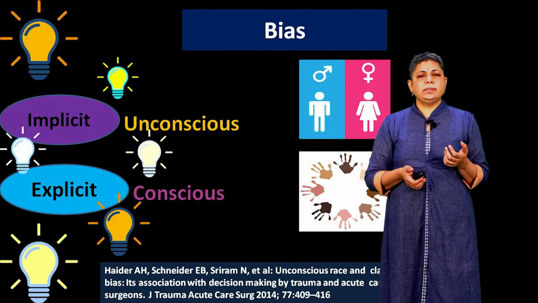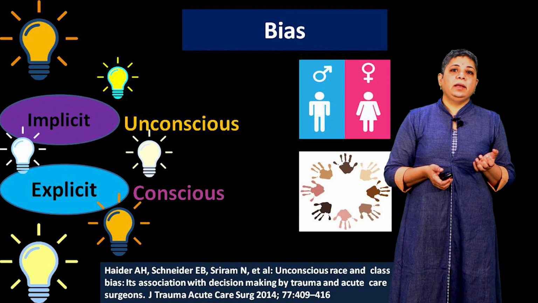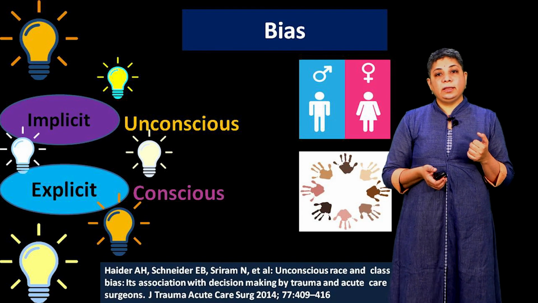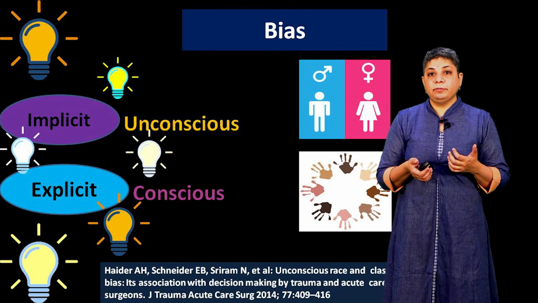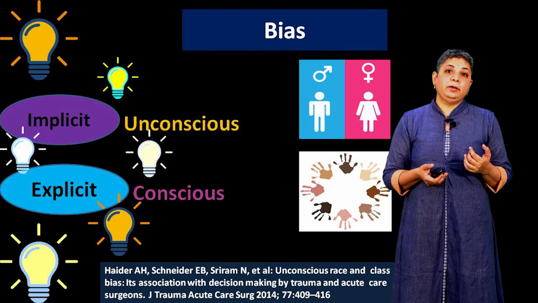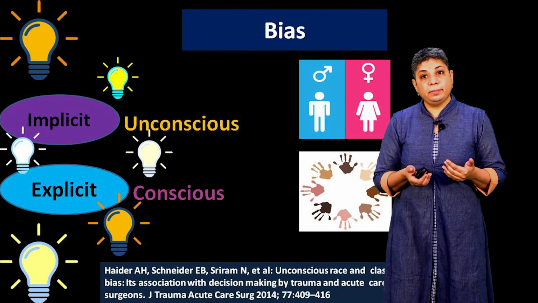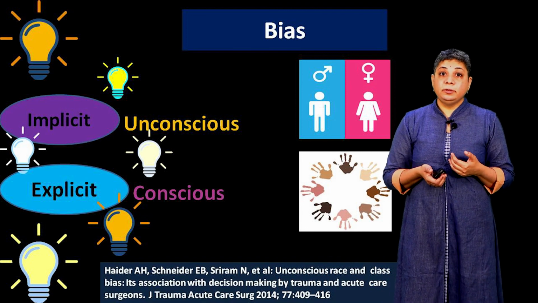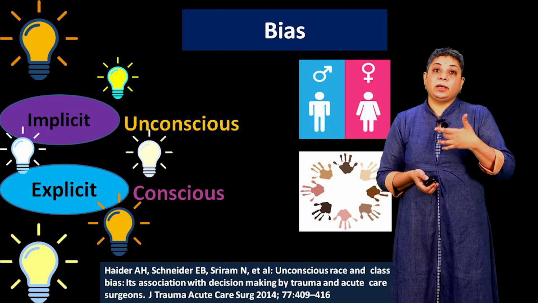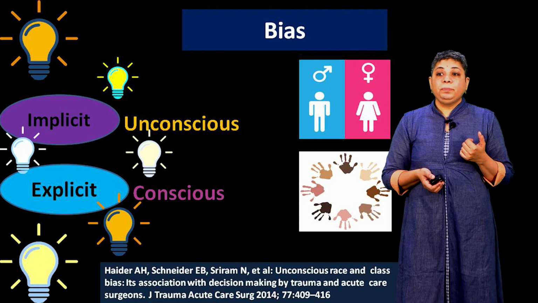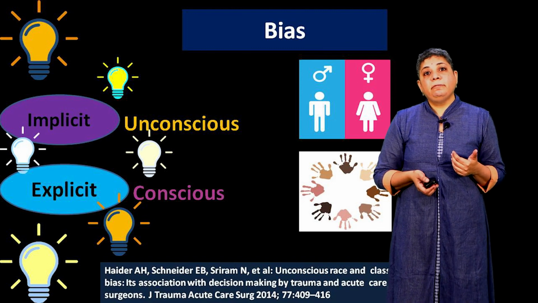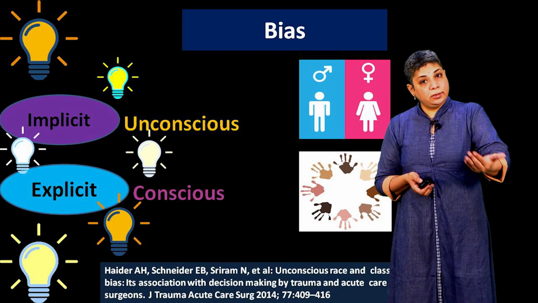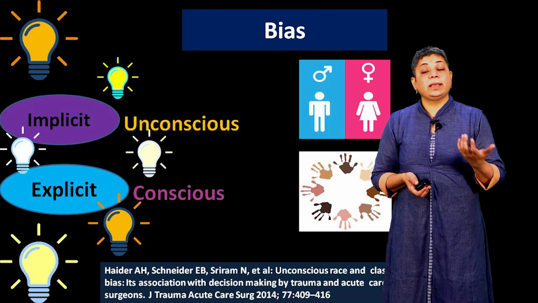So how do we figure that out? There are several tools available on the internet. There's one very interesting tool by the Mayo Clinic where they give you examples, and you can go through a series of questions, and at the end of it they analyze and tell you whether you have a bias on that particular front or not. So we have to make use of tools like that to understand and correct our own unconscious biases. The second one is a conscious bias, where it is very obvious to us. We know that we are being biased towards a particular situation or a particular person, and we are still doing it. So it is explicit.